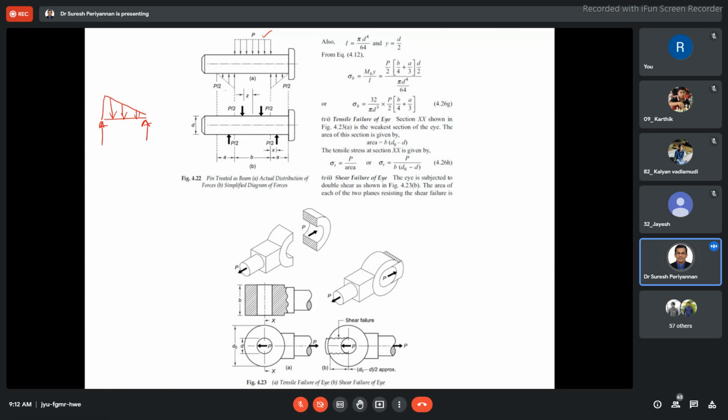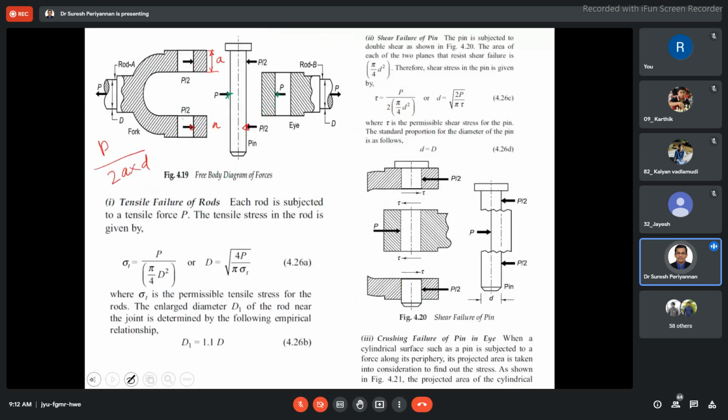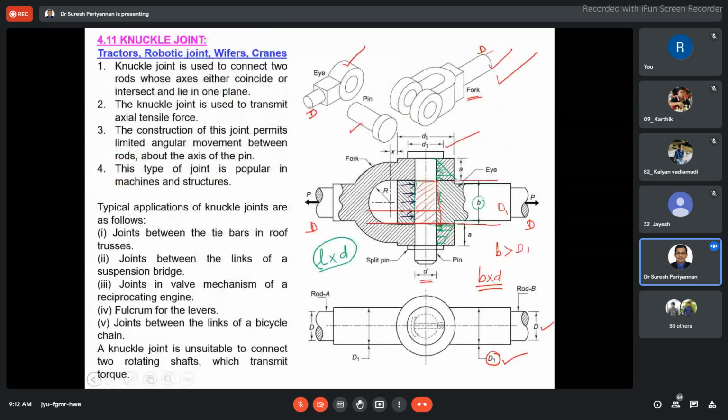Now, what is this load? Where is this load acting, at which distance? This is the support. Near the support, x by 3. The total distance is x. This is x by 3, this is 2x by 3. Okay, 2x by 3. Hence, the x is here. This is the fork end. Just a recap here. A. Okay.